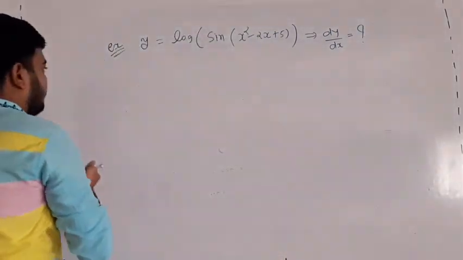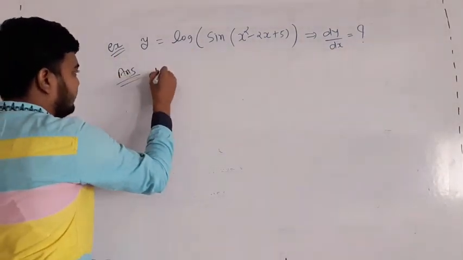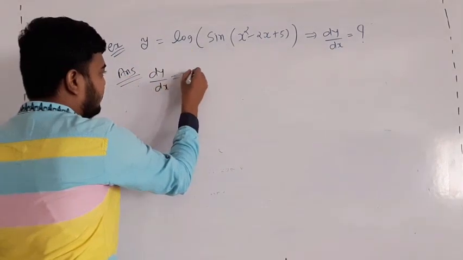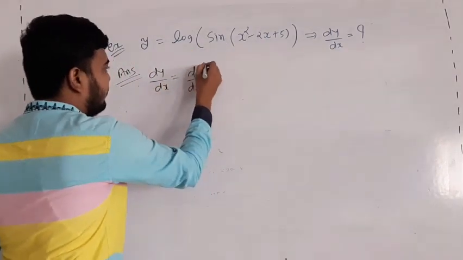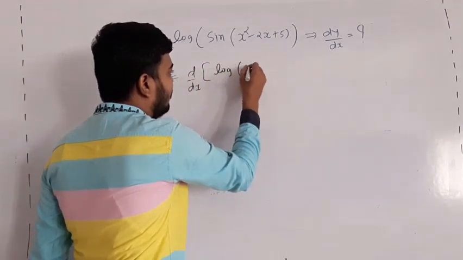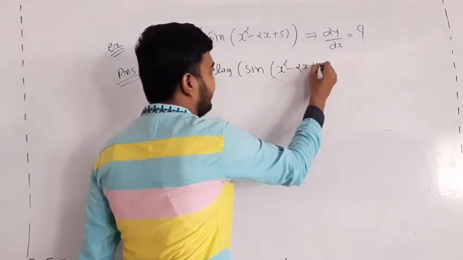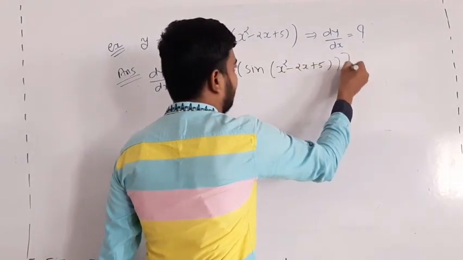So dy by dx is equal to d by dx of, put the value of y here, log of sine of x square minus 2x plus 5. Okay beta,